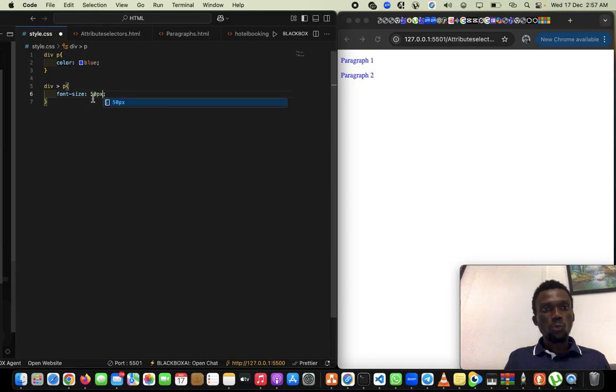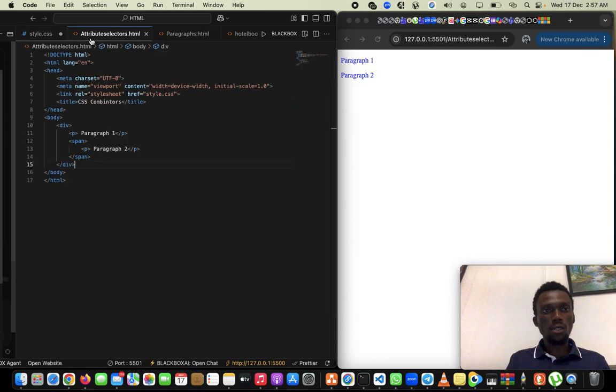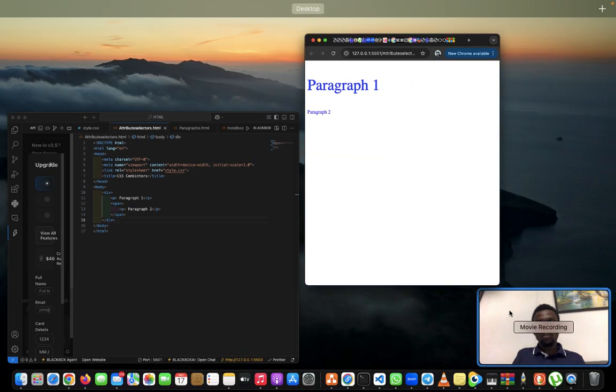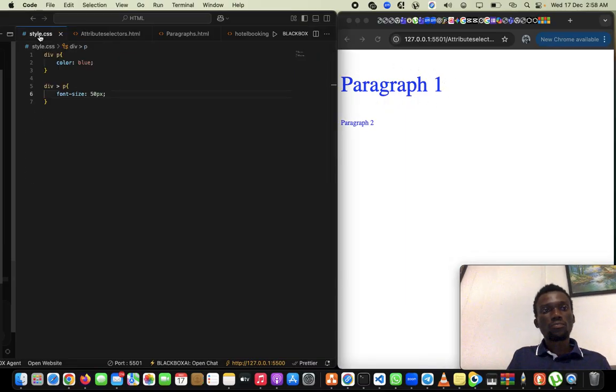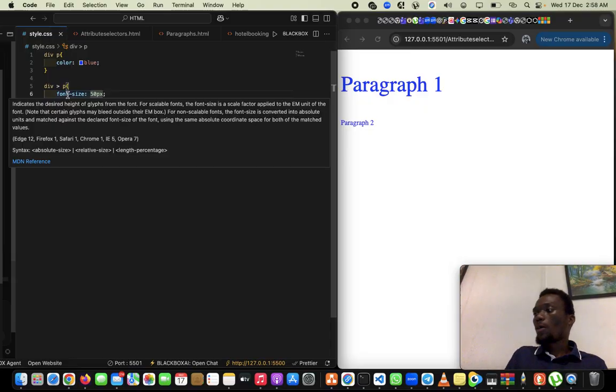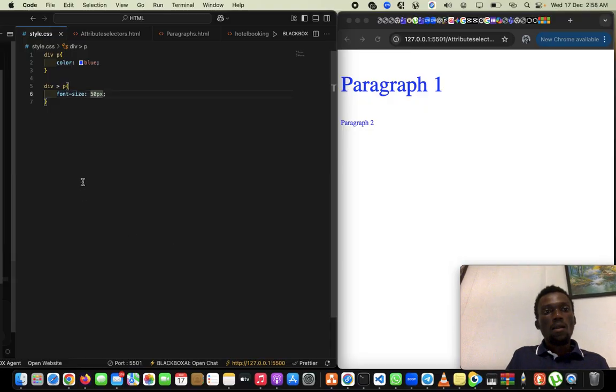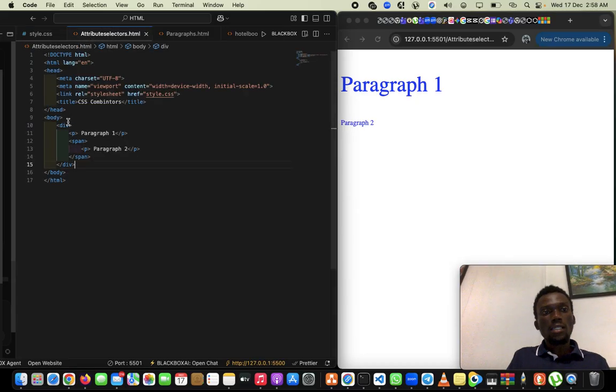With this, when we go live, the font size of paragraph 1 will be increased. This is how it looks. There we see paragraph 1 has been increased using the child combinator,